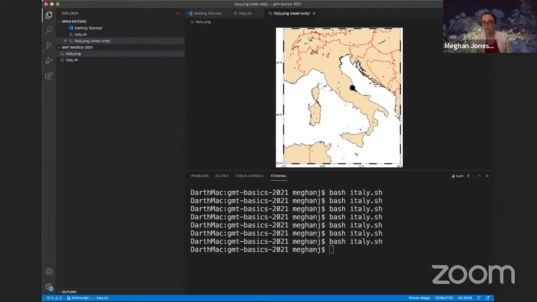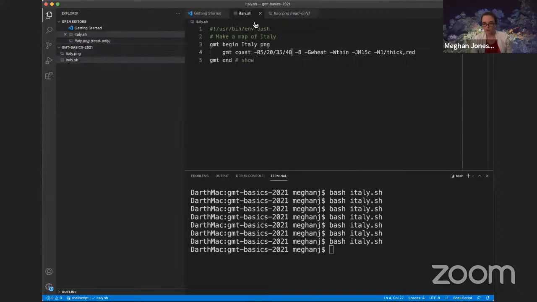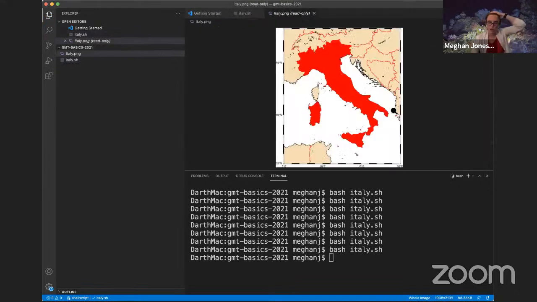So let's color in Italy. We go back to our script, and it's GMT, so there's an option for this. We can use the -E option and then append the ISO code. And then we need to use a modifier +G to specify the color, and we'll say it's going to be red. So now we have a nice map showing the country borders for Italy and the surrounding countries. Italy's colored in red. There's a coast pen outline in a thin black pen, and the land is colored in